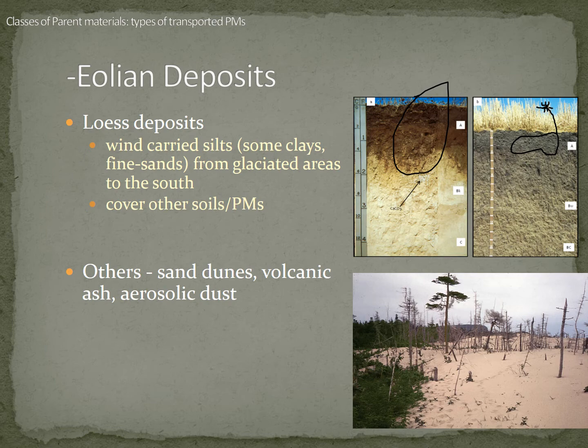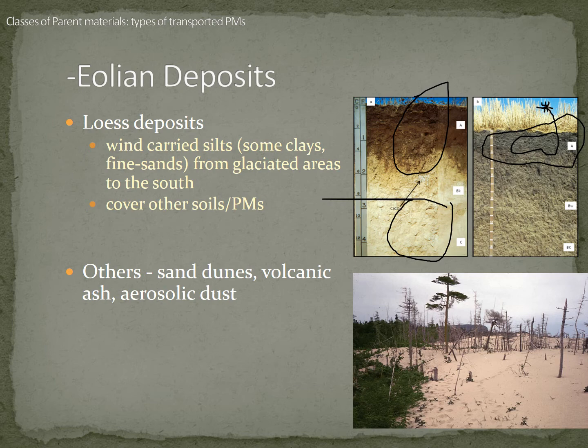They basically cover up other soil parent materials, and that means you can have more than one parent material. We'll get into what that means when we get into soil classification, but loess is a great example of this, where you basically have a cap of something drawn at the surface. This cap is the loess aeolian deposit, and underneath it, there could have been residual deposits, or there could have been colluvium from a mudslide before, something like that.